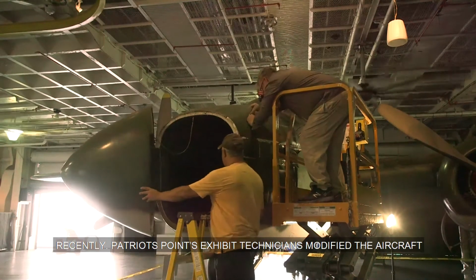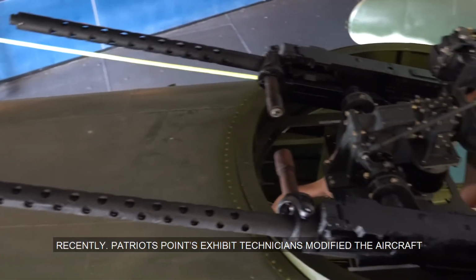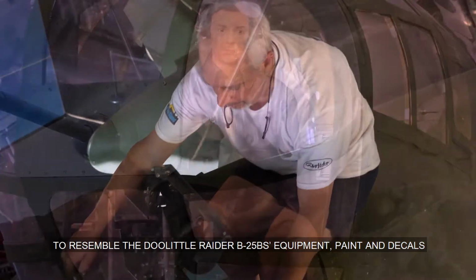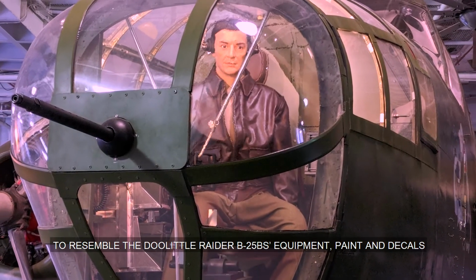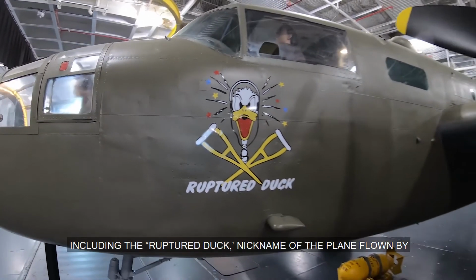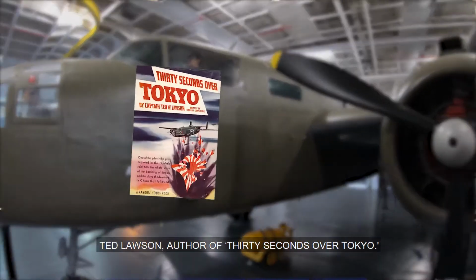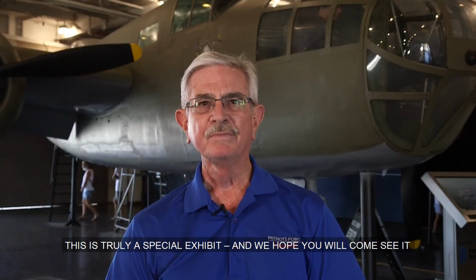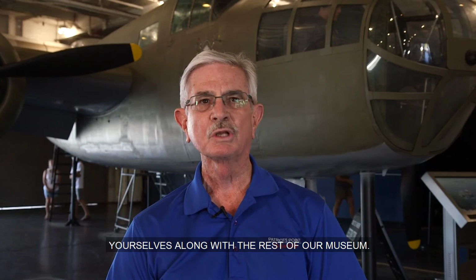Recently, Patriots Point's exhibit technicians modified the aircraft to resemble the Doolittle Raider B-25B's equipment, paint scheme, and decals, including the ruptured duck, nickname of the plane flown by Ted Lawson, author of 30 Seconds Over Tokyo. This is truly a special exhibit, and we hope you will come see it yourselves along with the rest of